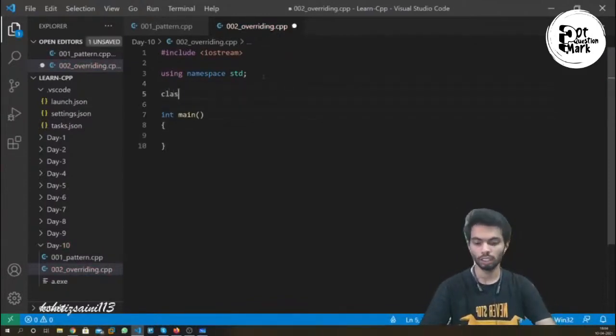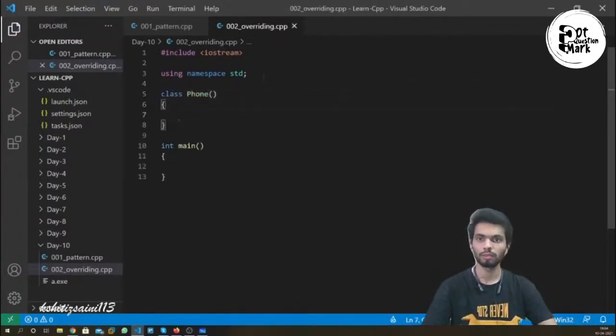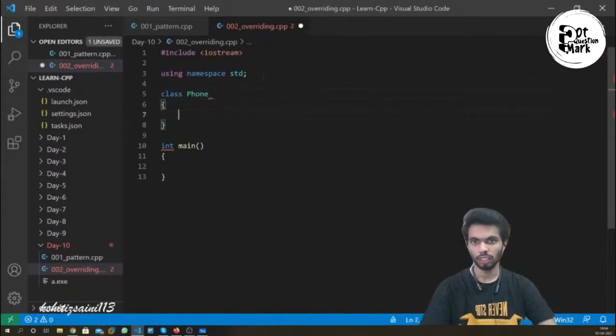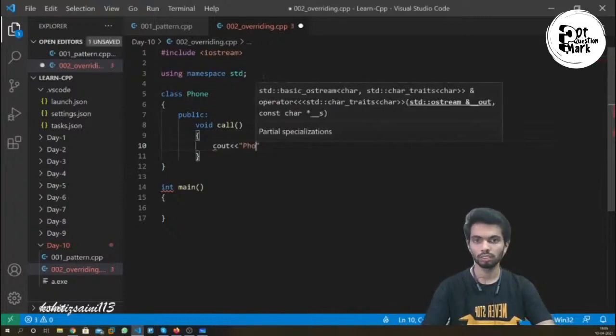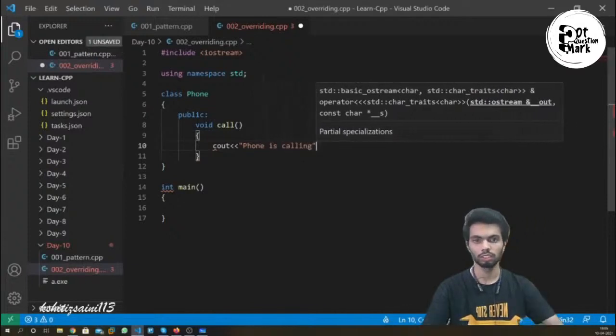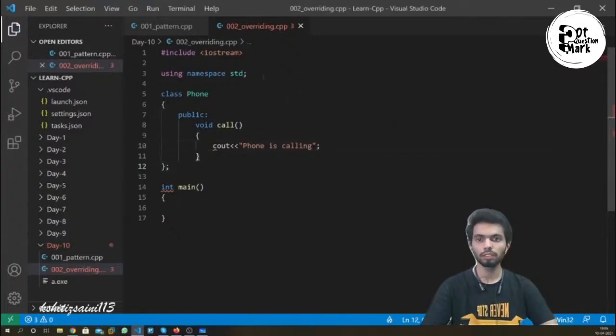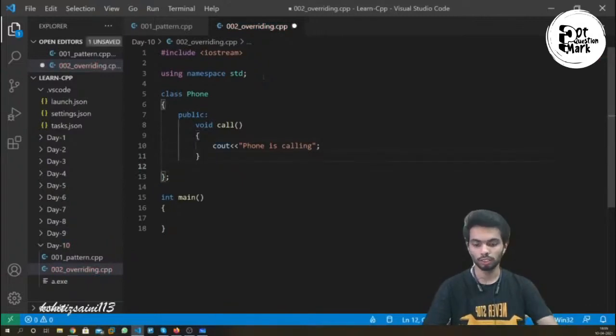आई एम क्रिएटिंग टू क्लासेस, क्लास वन। अब मैंने एक क्लास Phone बना दी। ओके, एंड इसके अंदर मैंने एक पब्लिक फंक्शन बना दिया, दैट इज void call। अब मैंने एक कॉलिंग फंक्शन बना दिया एंड आई एम जस्ट प्रिंटिंग कौन इज कॉलिंग। तो मैंने एक सिंपल सा फंक्शन बना दिया। ऐसे ही मैं एक फंक्शन और बना देता हूँ मैसेज का।